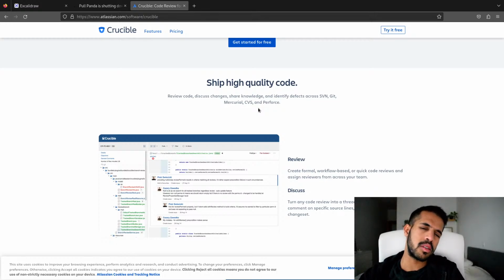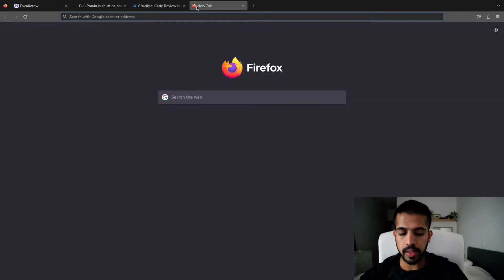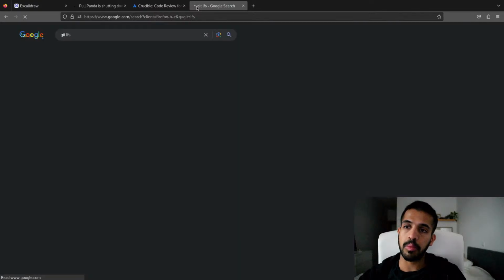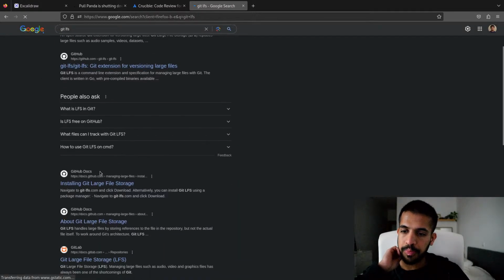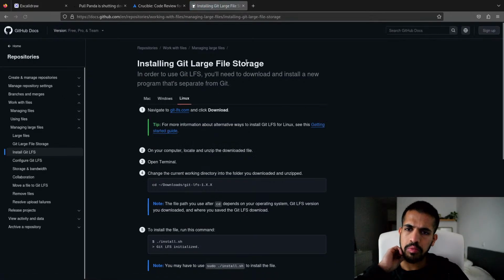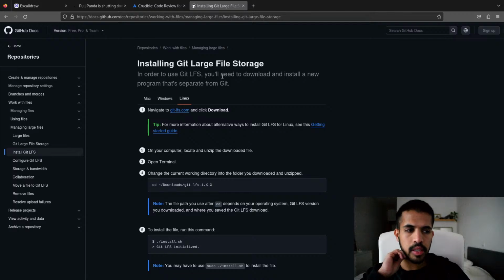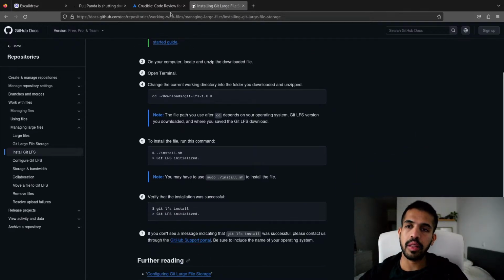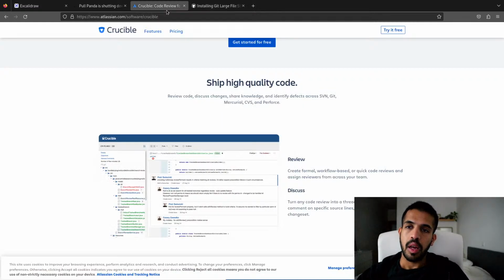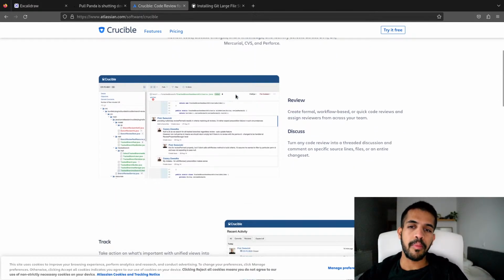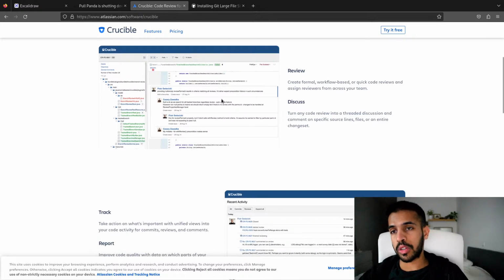There is Git LFS, which is large file storage, an extension to Git that is supposed to make it work better with larger files like images, if you have a lot of images in your code base, for example. So Git is also catching up, but even then, the guys had been using SVN for years, so they didn't want to go through the process of switching.